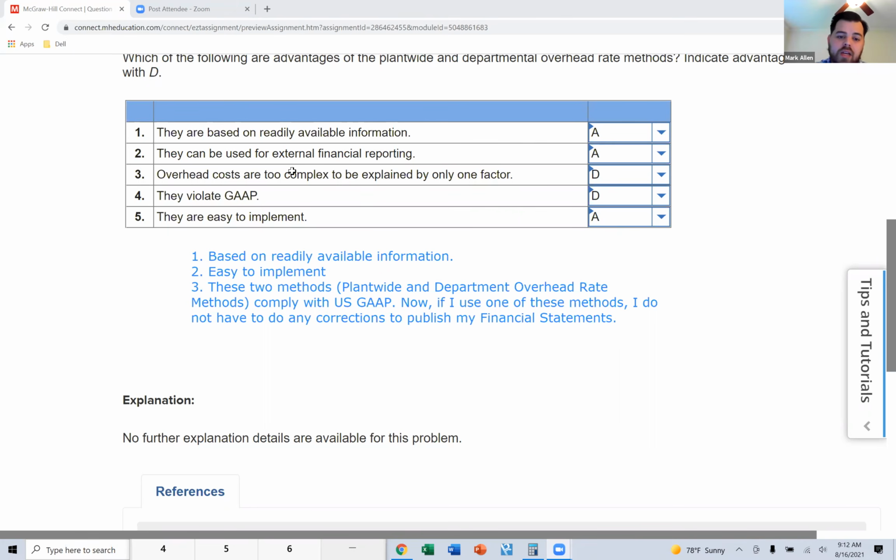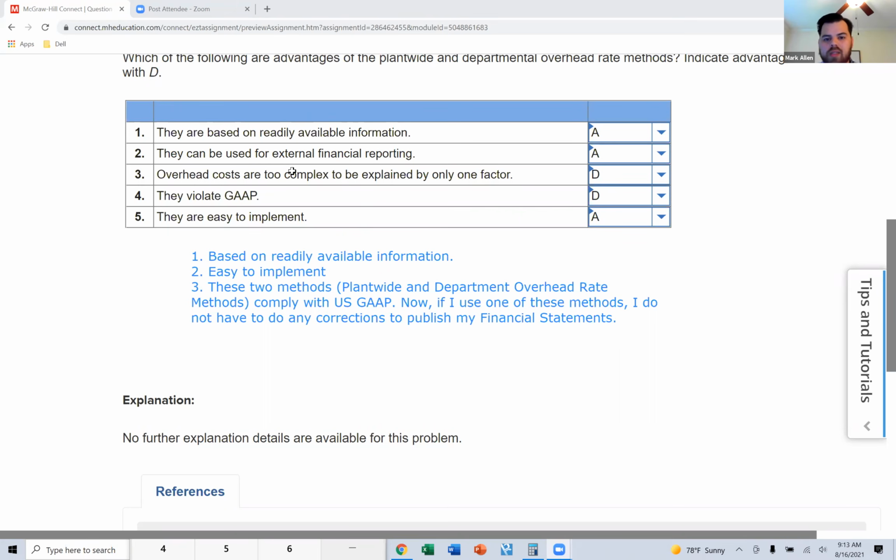Well, that's going to be a disadvantage for these two, right? That is certainly a true statement. It is very common that the overhead for our company is impacted by a multitude of factors. It may just be one. If we've got a very simple operation, we've only got one very specific thing, but very commonly